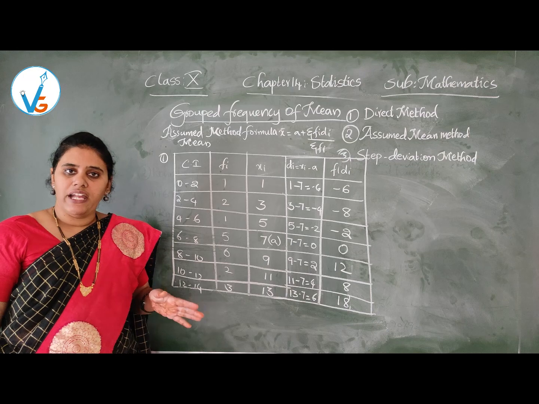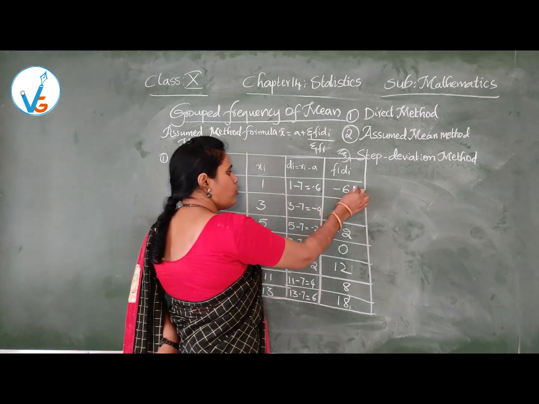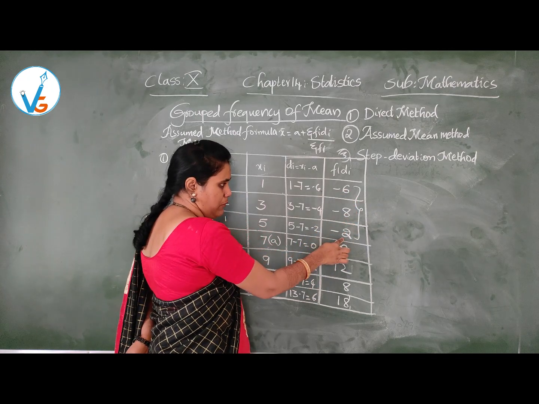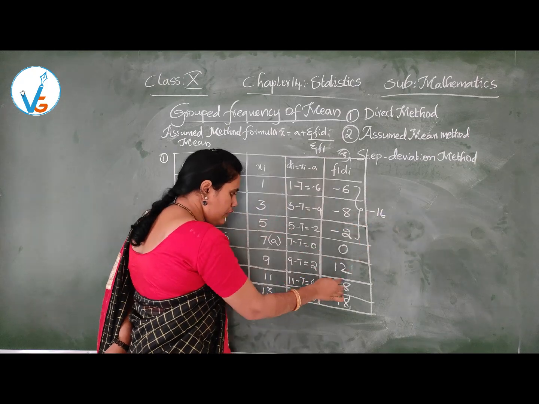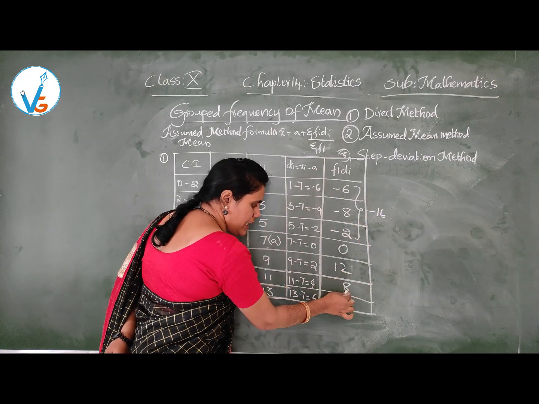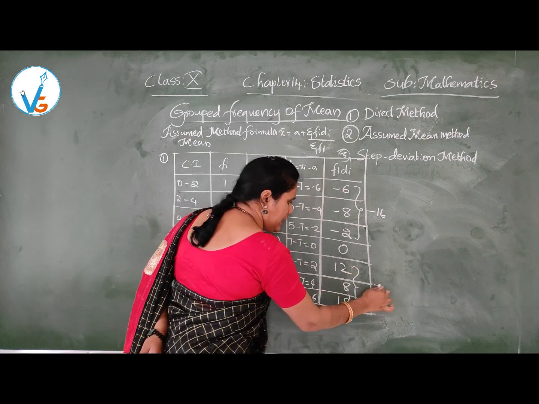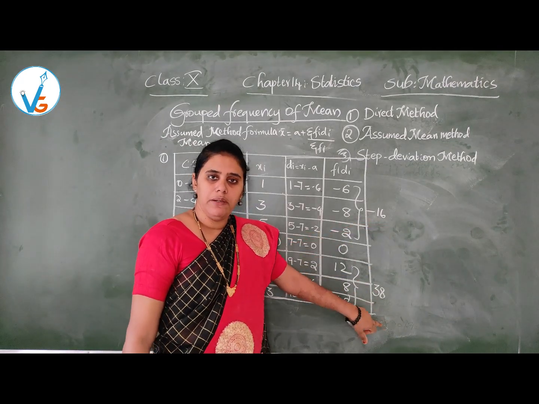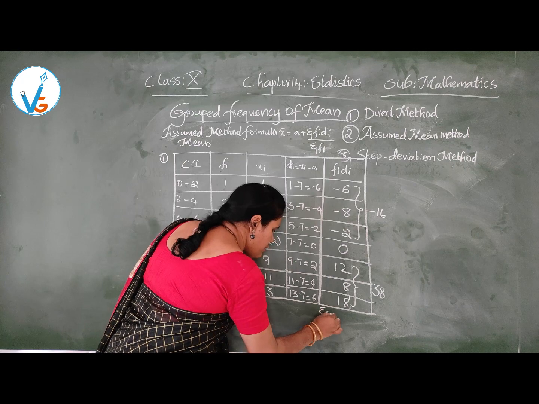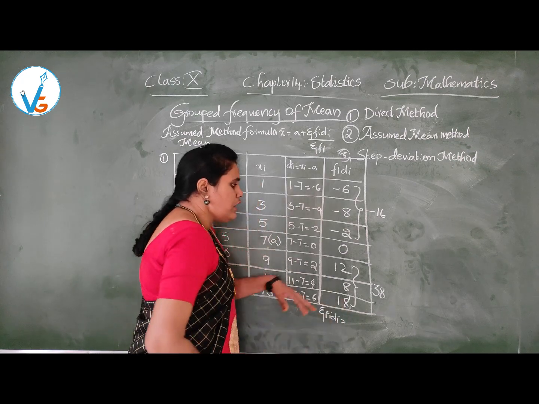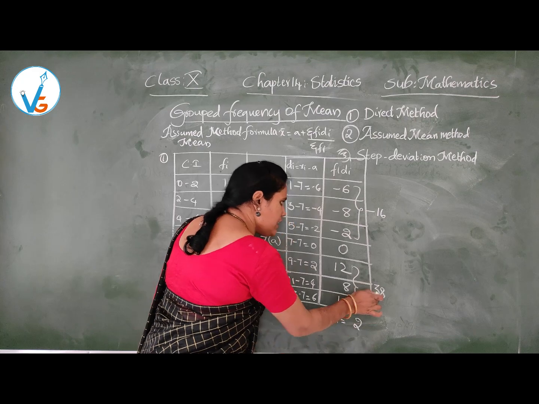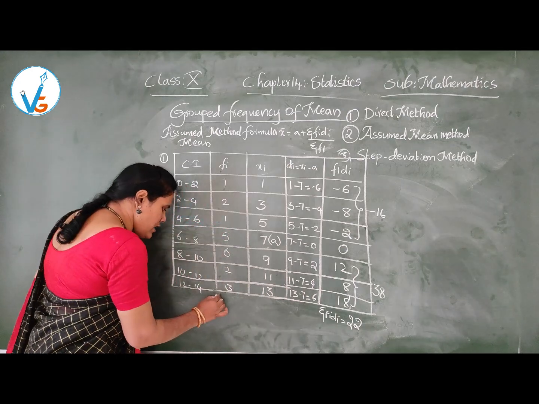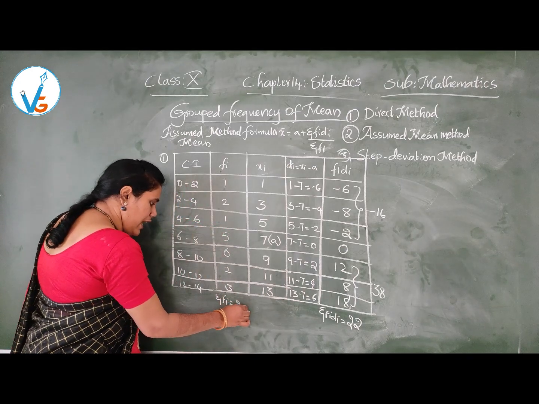Okay, after getting your Fi and di values, here what we have to do? All the minuses you add. Minus 6, minus 8, minus 14, minus 14, minus 2, minus 16. All the positives you add. 12 plus 8 is 20, 20 plus 18 is 38. Okay, then 38 minus 16, if you do, you will get your sigma Fi di is equal to 22, and sigma Fi is equal to 20,